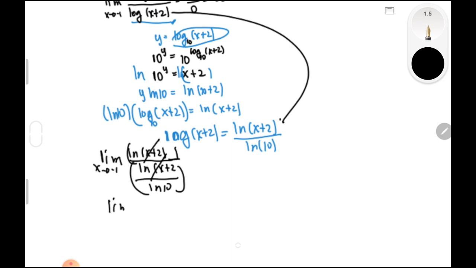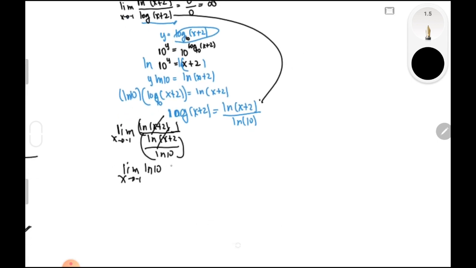We'll have a limit of ln of 10 as x approaches negative 1, okay, which is equal to constant yan, so therefore any limit of a constant is equal to the constant itself, which is equal to ln 10. Okay,